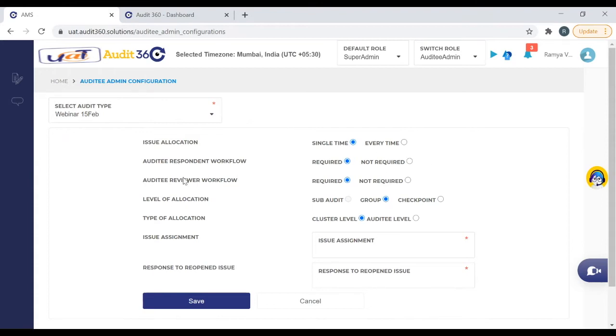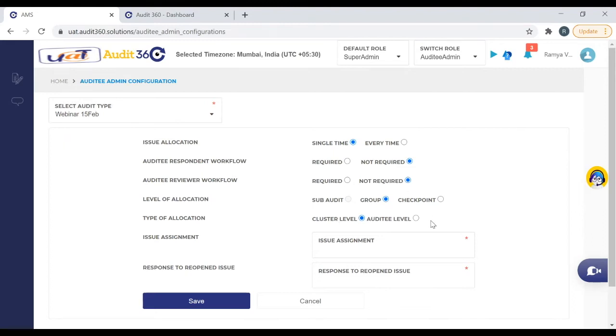Now, on auditee respondent workflow and auditee reviewer workflow, by default it would be on required. If you do not have respondent users at all or an auditee reviewer, in those cases you can always choose not required, so that no allocation is required when there is no respondent or reviewer workflow.